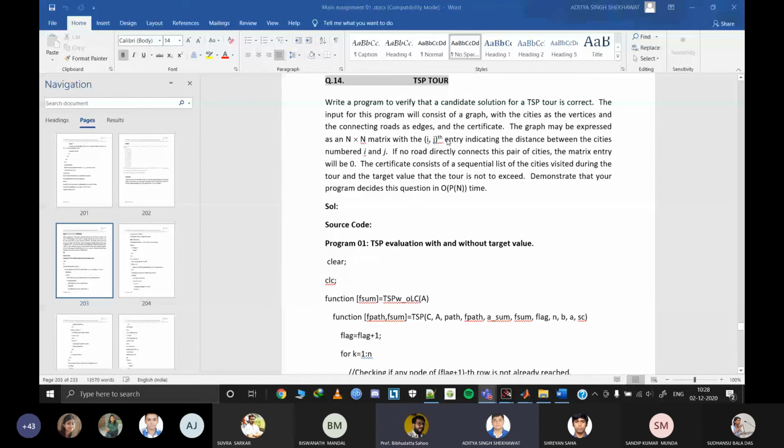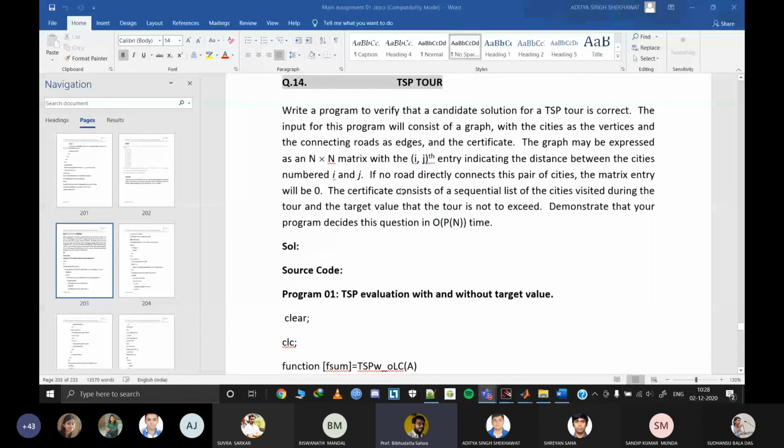Okay. So, sir, actually, let me tell you what he tried to say. Look into the first line: write a program to verify the candidate solution as TSP2 is correct. What exactly is that? We talk about NP complete problems. These are all related to your theory. We say a problem is NP complete if you can verify a solution in polynomial time.